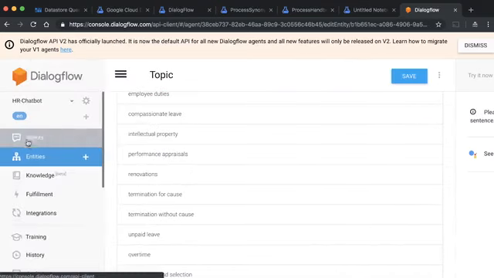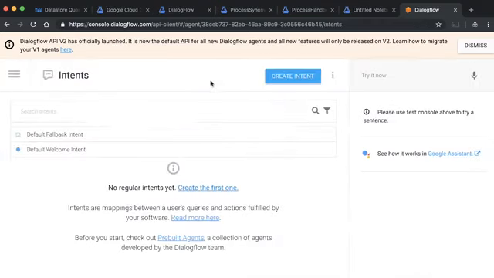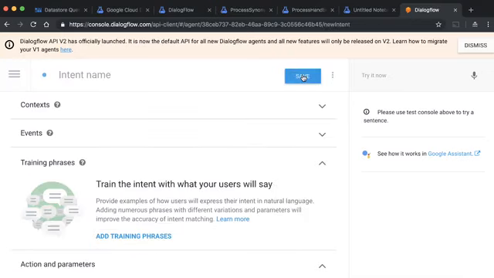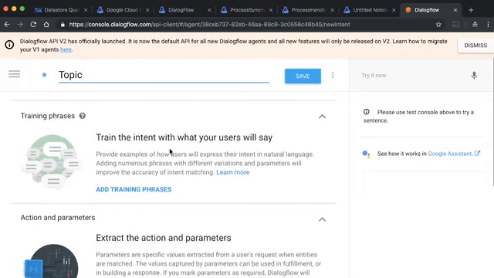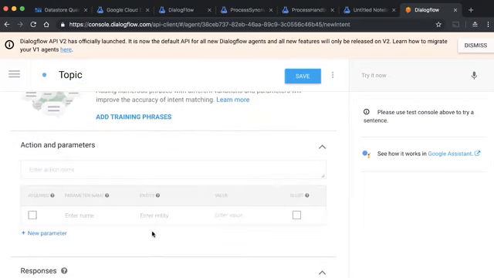So now that we have our topic entity, we can create an intent in our agent. So I'll click Create Intent. And my intent name will also be topic. And I'm going to scroll down here to Actions and Parameters and click Add. And we're going to add a lookup action. So this is what will actually pass the topic parameter to our webhook and be able to retrieve information for each topic. So the parameter name will just be topic. The entity needs to be @topic, which is our Dialogflow entity. And then the value can be $topic.